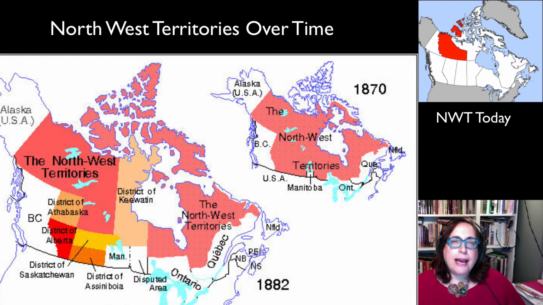But this territory had always excluded the Arctic islands, except for the southern half of Baffin Island. And Britain actually retained control of the Arctic islands until 1880. So in 1896, the territory of Yukon was created in Canada. And in 1912, it affirmed its boundaries between itself and the Northwest Territories. So Canada finally claimed sovereignty over large parts of the Arctic in 1925, and their claims extended all the way